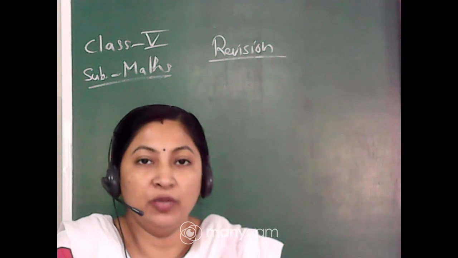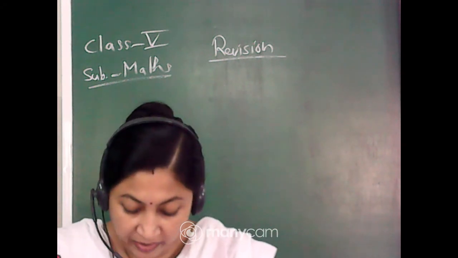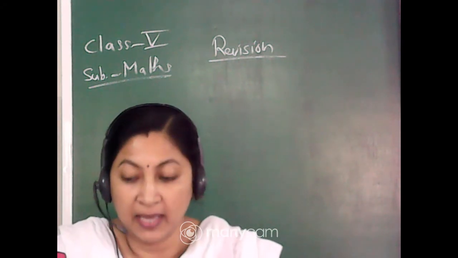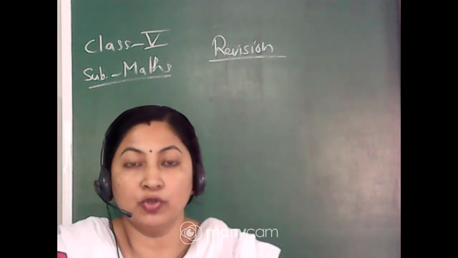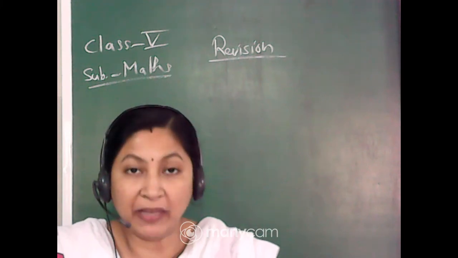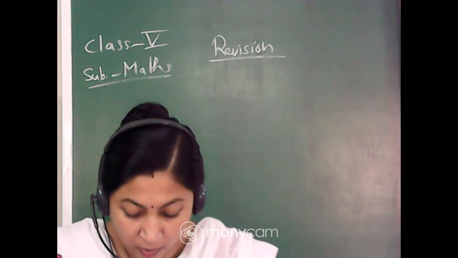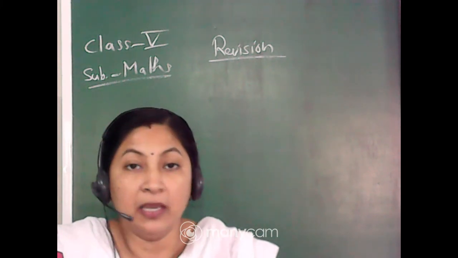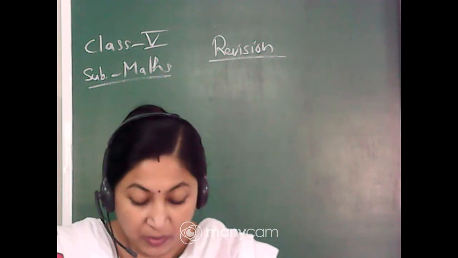As usual, we will do the revision, and I want to revise from Composite Maths as well as Math Magic. Both the books we will revise today. First of all, we will revise from Math Magic. So take out page number 153. On page 153, there is one question.